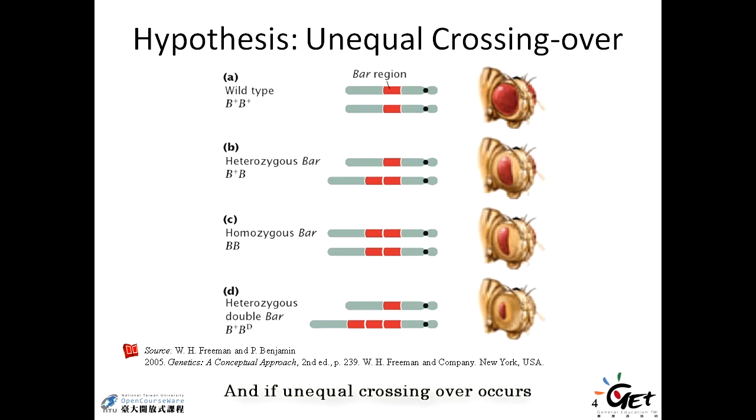And if the unequal crossing over occurs between these two homologous chromosomes, it could result in a single copy, that's the revertant to the wild type, or a three-copy of the bar locus. So in that case, you will see the ultra bar. So that's the explanation they hypothesized to explain why every once in a while we'll see unusual phenotype recovered from